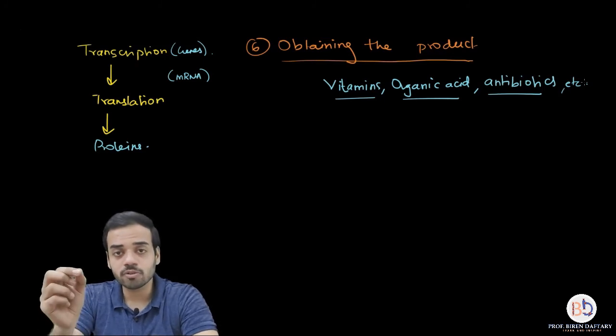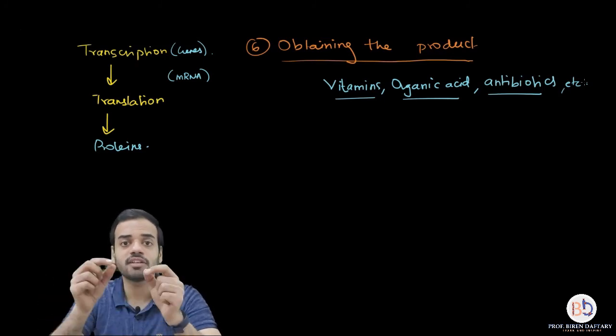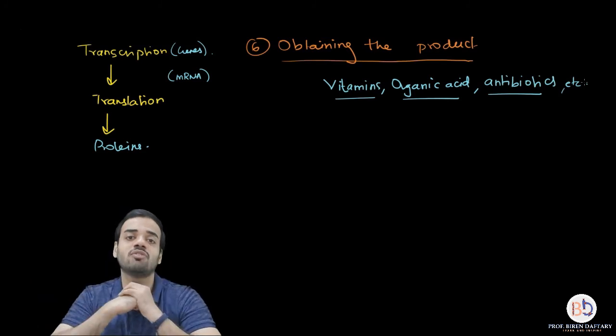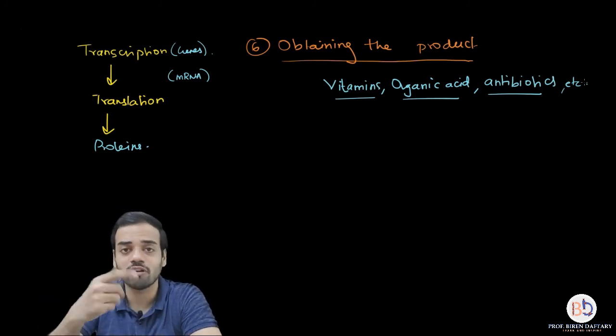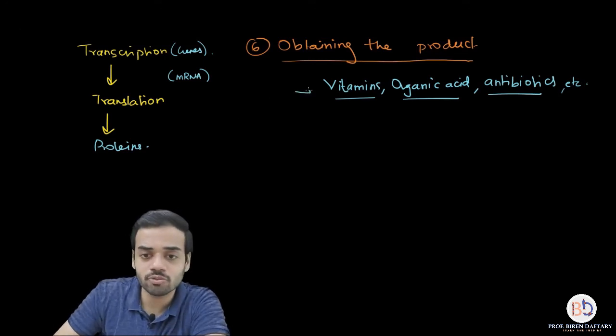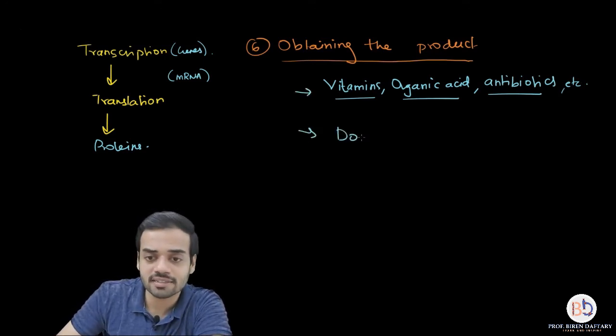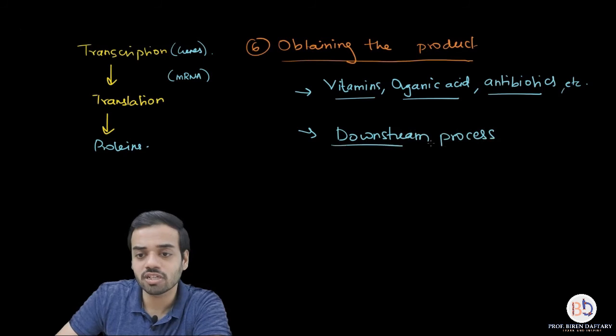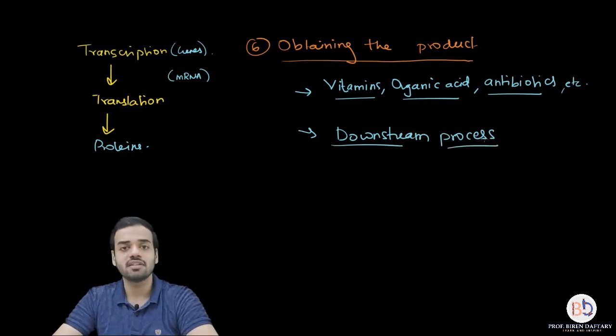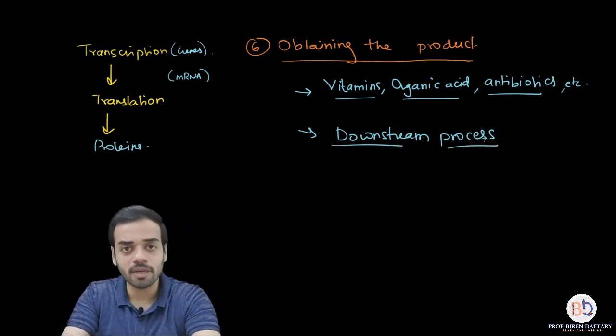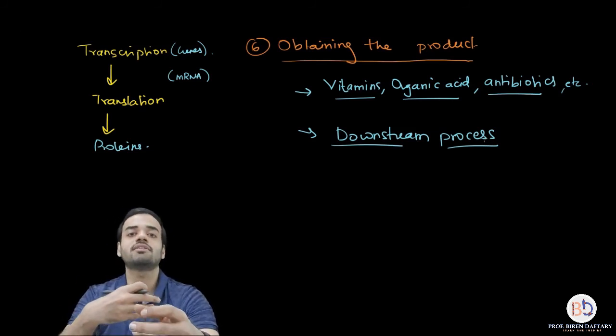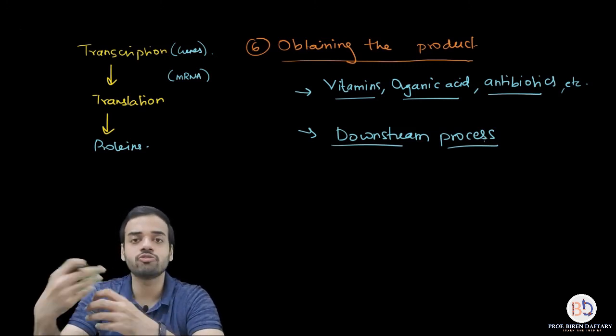So suppose we have formed vitamins. The vitamins are formed inside the cell of the E. coli, but you need to extract the vitamins. So how will you do that? We will be using something called the downstream process. What is the meaning of downstream process? A downstream process is a process in which the products are already formed by the microorganisms, but you separate the products from the microorganisms, so those products you can use for your welfare. That is called a downstream process.